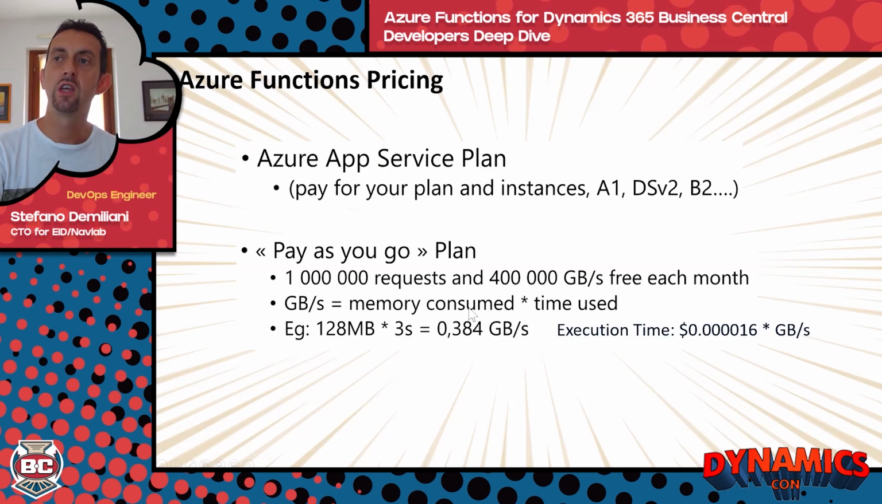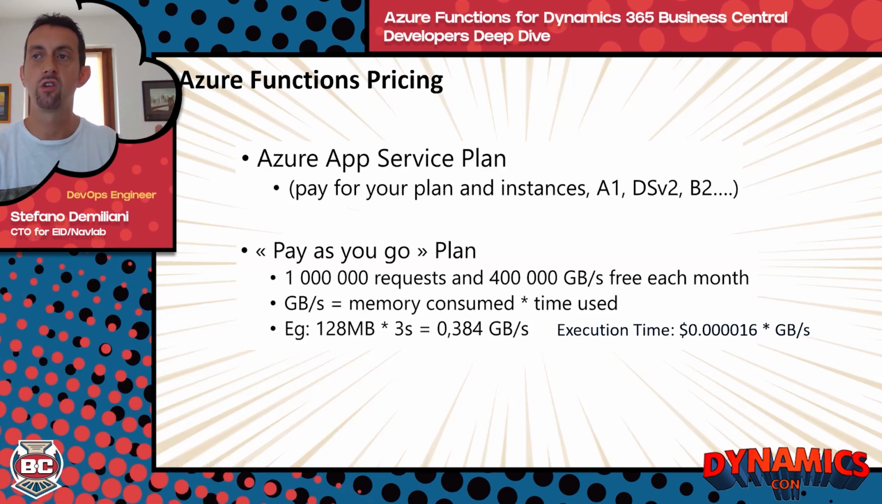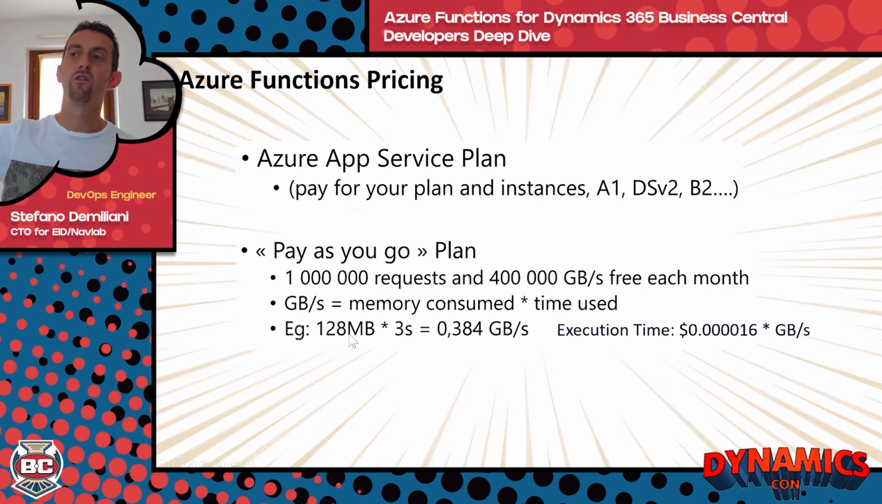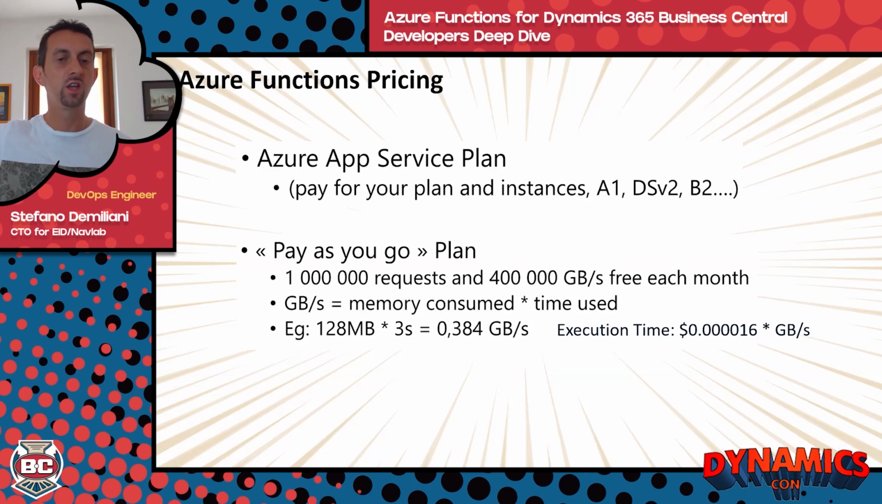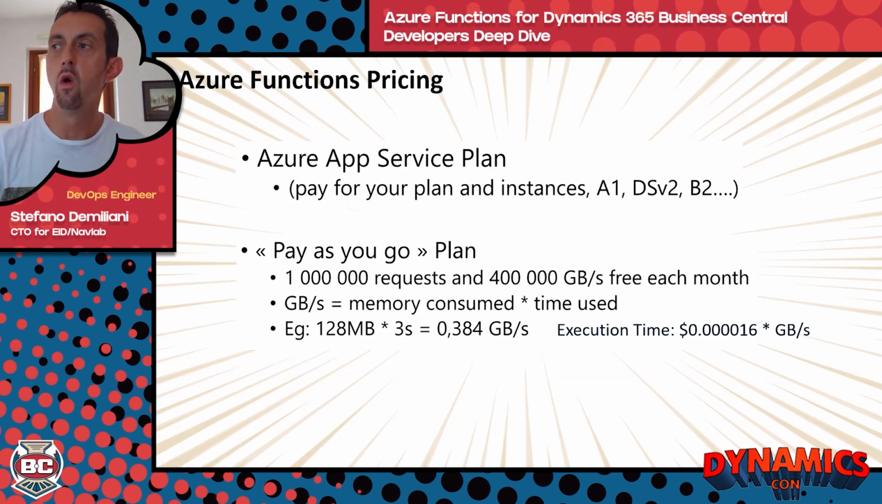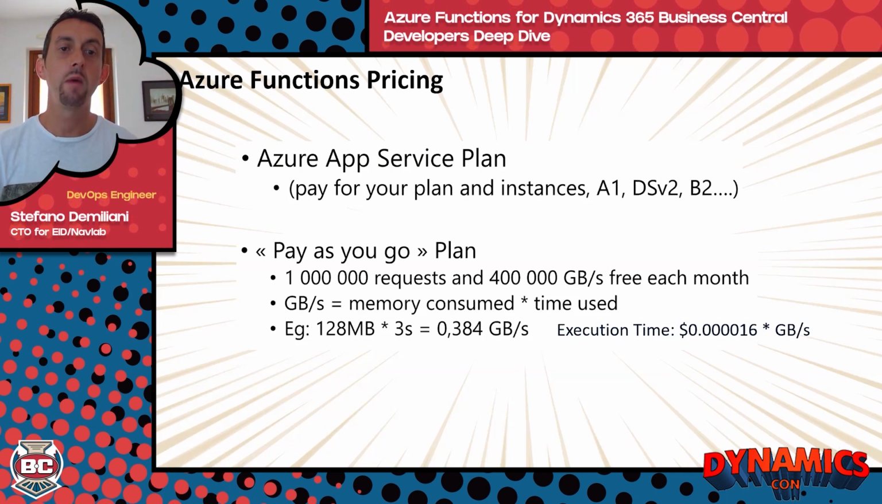You pay for a mix of memory consumed and time used by your functions. So, for example, if the execution of your function requires this set of megabytes for 3 seconds, you pay for 0.384 gigabyte-seconds. And this must be multiplied by the execution time cost, that is normally $0.00016. So as you can see, a single execution of your function costs a low fraction of euros or dollars. So the cost is very low for Azure Functions. 1 million is free. So I recommend using Azure Functions a lot in your cloud environments